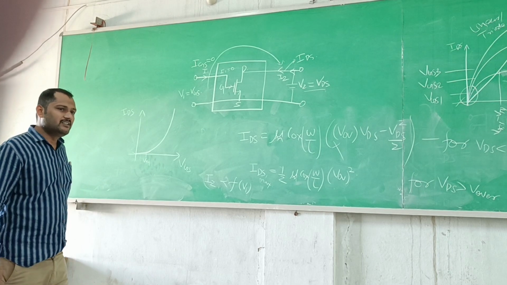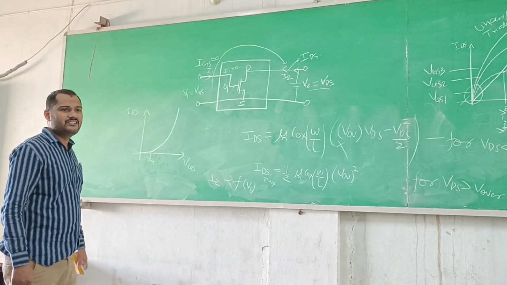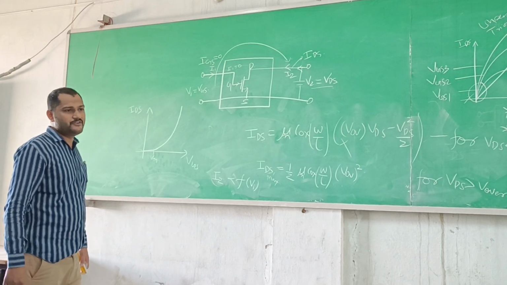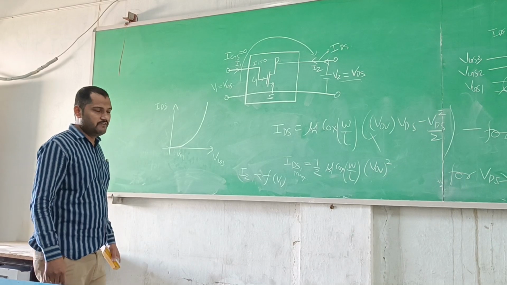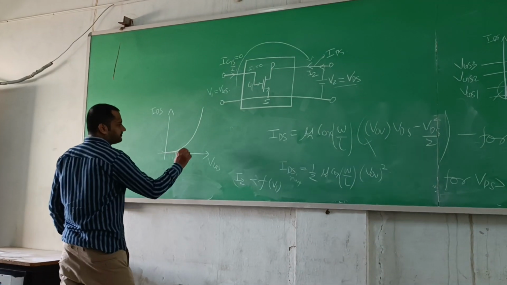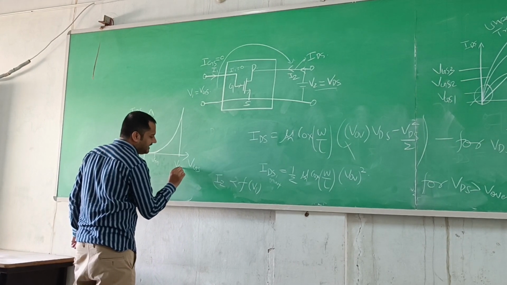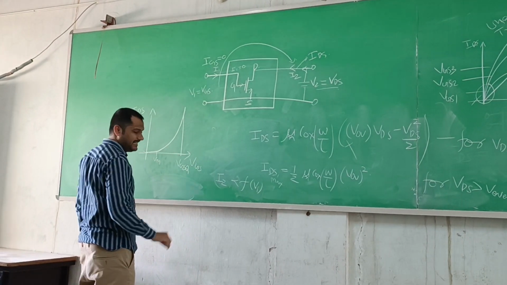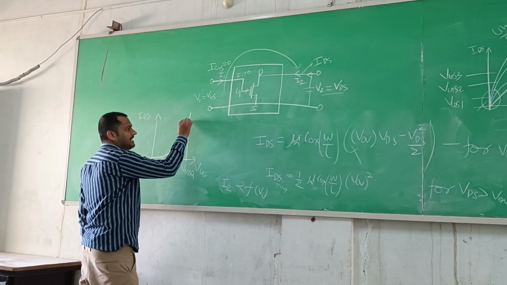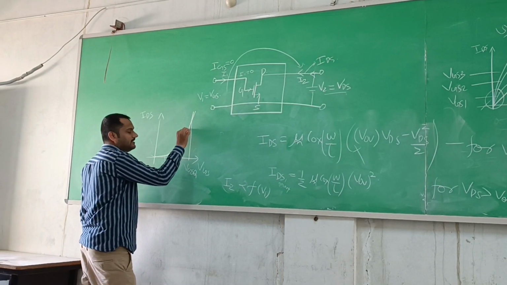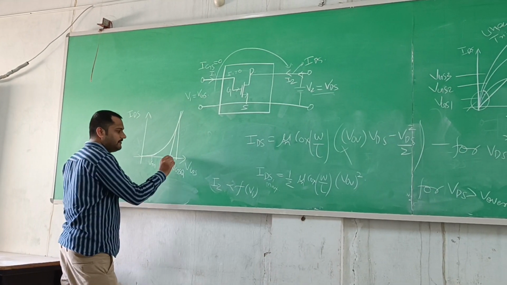This slope should be constant, but again it is not constant. Then what will we do? We will assume a VGS Q. That we are operating at this voltage only, and we will check the curve at this point only. What will we check? We will check the curve for this point only.